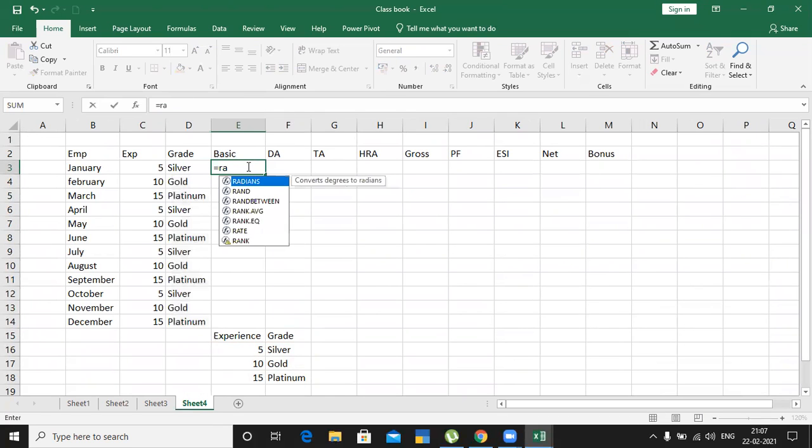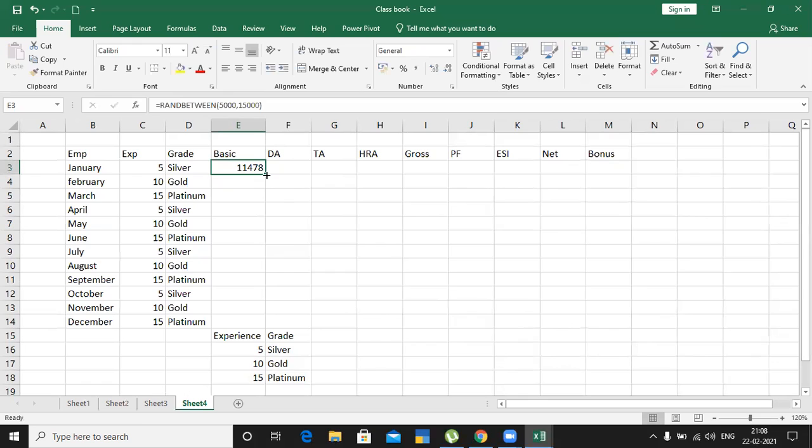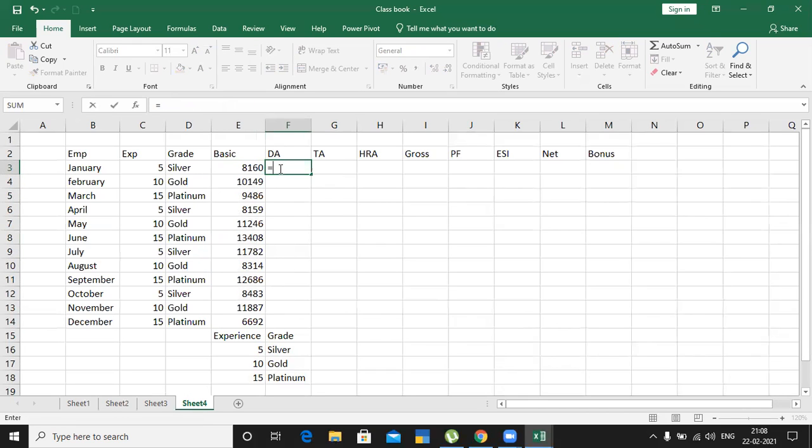Next, equal RANDBETWEEN 5,000 rupees to 15,000 rupees. Click and drag. Now you allocate some percentage on this, equal open bracket into 5%.